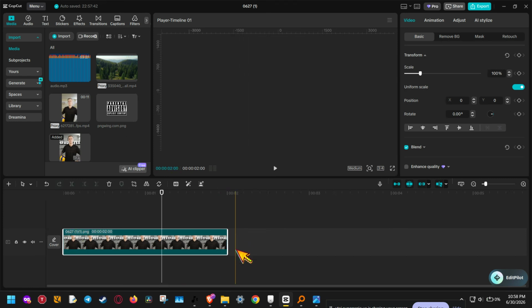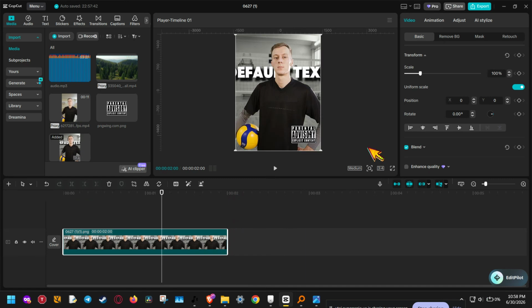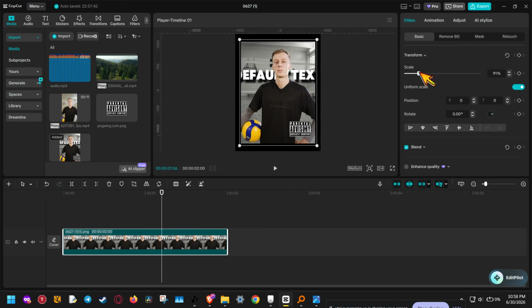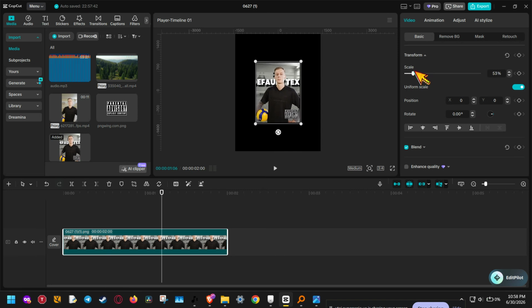Now move your attention to the panel in the top right corner of the screen. This is where CapCut keeps the clip settings. Click on Video, then choose Basic. Inside this section, you'll see the controls for the selected image, including the scale option. This is the most precise way to make a picture smaller because you can control the exact size instead of